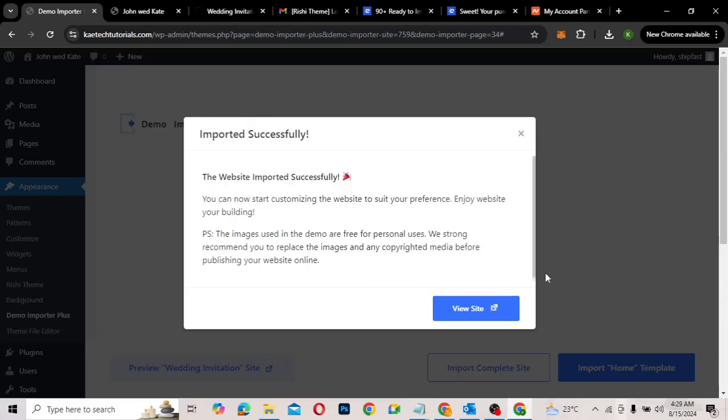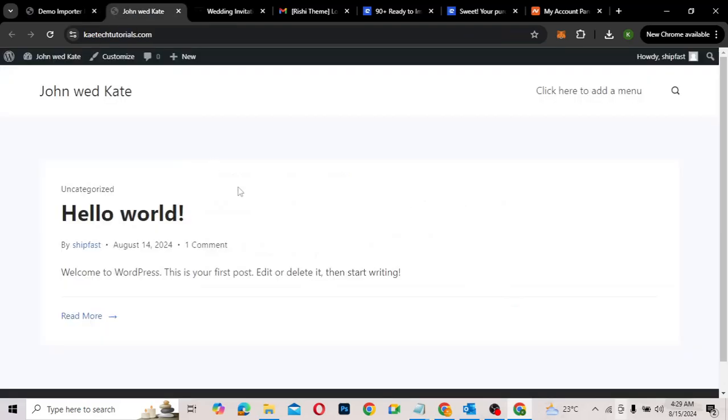All right, guys, so our demo has been successfully imported for us. As you can see, it says the website imported successfully, so we are good to go. So now you can either click over here, or to show you the truth, this is our website right now. At the moment we install the new theme, this is how it looks like. So now let's go ahead and refresh the website to see the new look of the